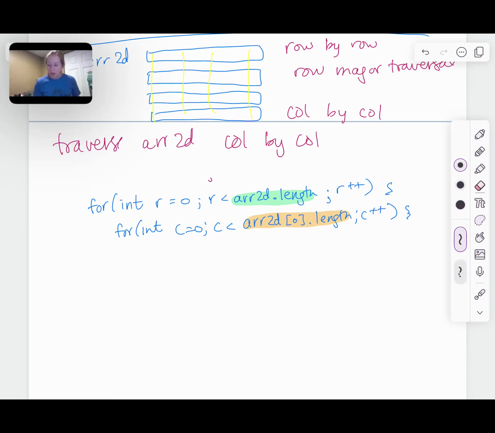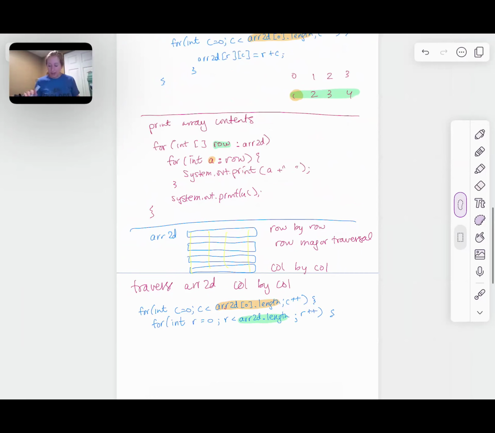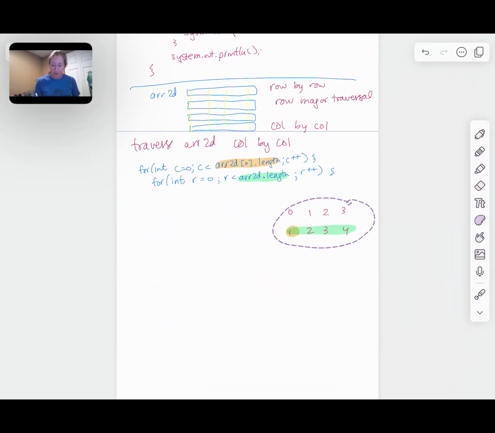So if I wanted to do a column major traversal, then this actually comes on the outer edge. I would say, okay, first grab me a column, and then within that column, one at a time, grab me a row. So if I were to take this diagram and bring that back down here,